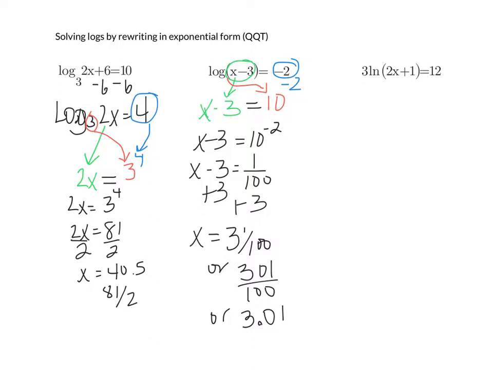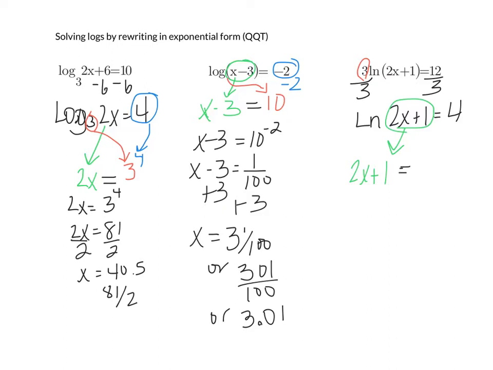In this equation, we first, before we can rewrite it, have to deal with the 3 out front. So we're going to divide by that first. And I get the ln of 2x plus 1 equals 4. And then again, we're going to preserve the side of the equal sign the "of" part is on. So 2x plus 1